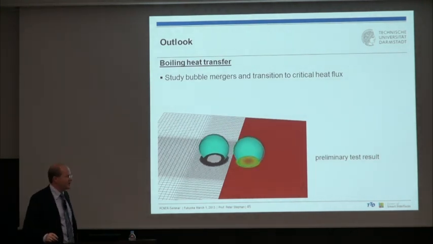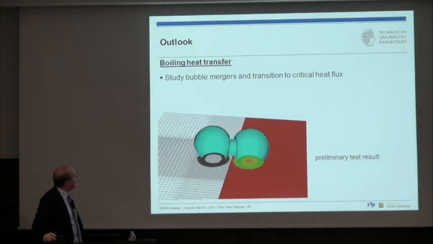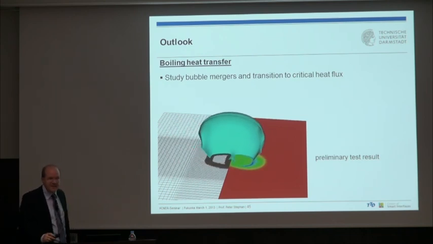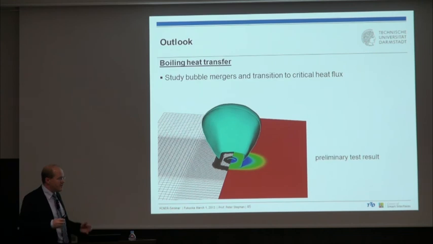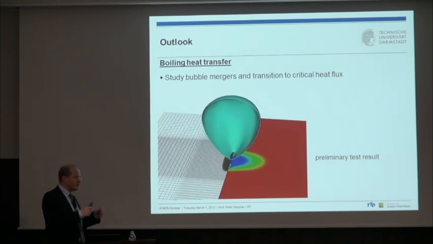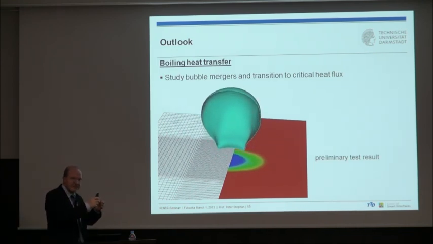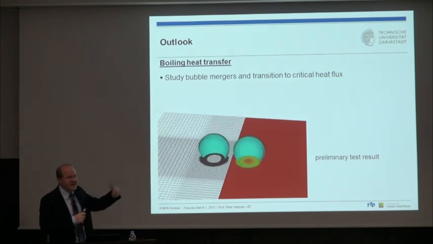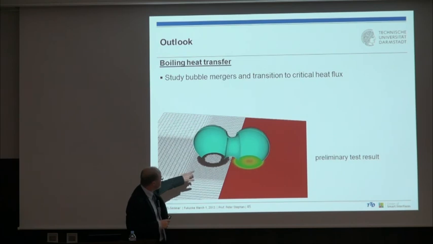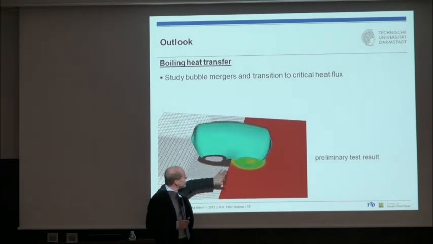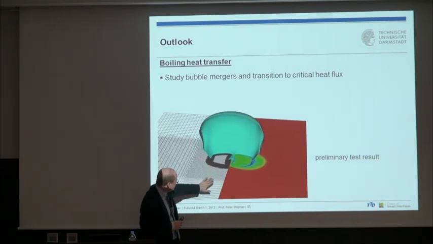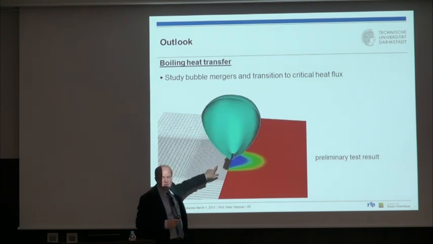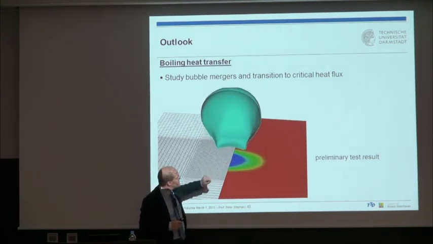And, very close to the end, we now also start to compute bubble mergers, not only a single bubble, but multiple bubbles, because we want to go step by step to closer bubbles that interact with each other, and my dream is to go further on close to critical heat flux. What you can see here is also quite interesting. Here I show the temperature, and here at the wall surface, I show the adaptive grid size refinement, because it's very important that we have adaptive grid size refinement.